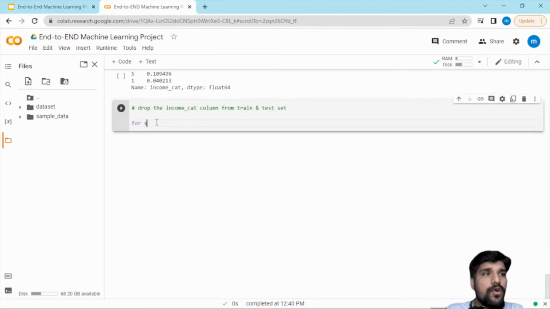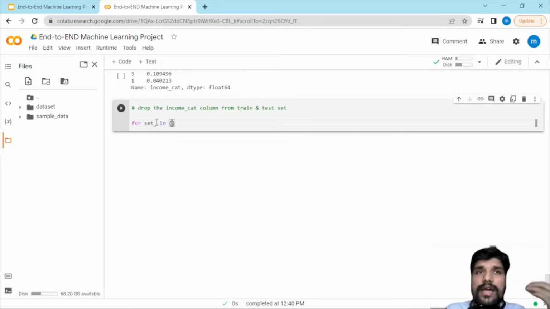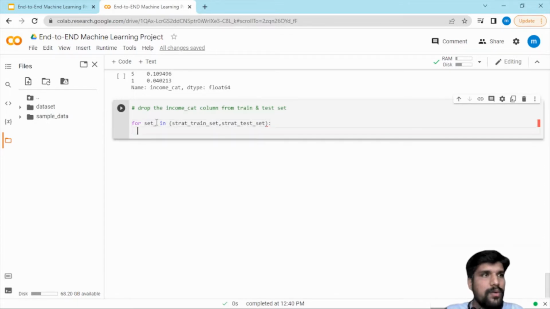So for that I use a for loop, for set in, from where I have to remove from my train and test: strat train and strat test. And I have used the method called drop. Okay, set.drop, and I have to give the category. What do I have to drop? Income category, right? So income category, and I will use